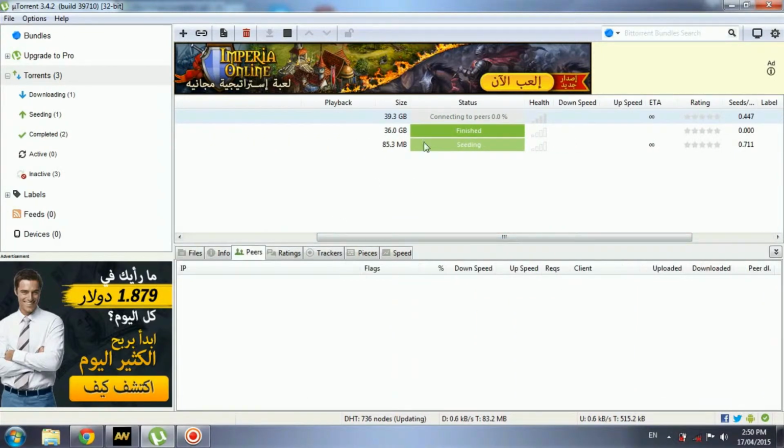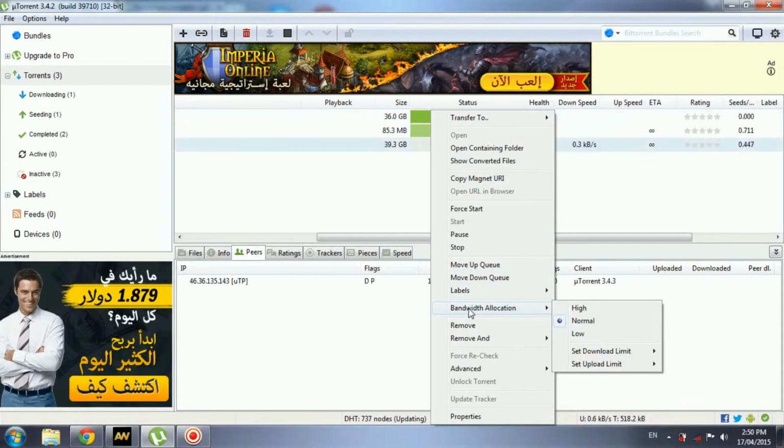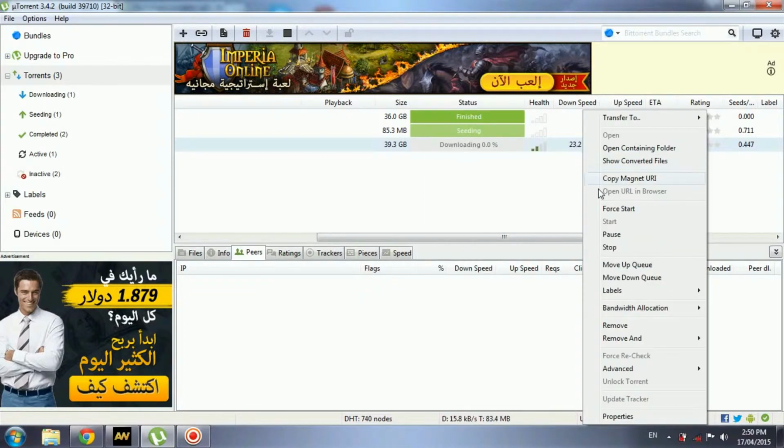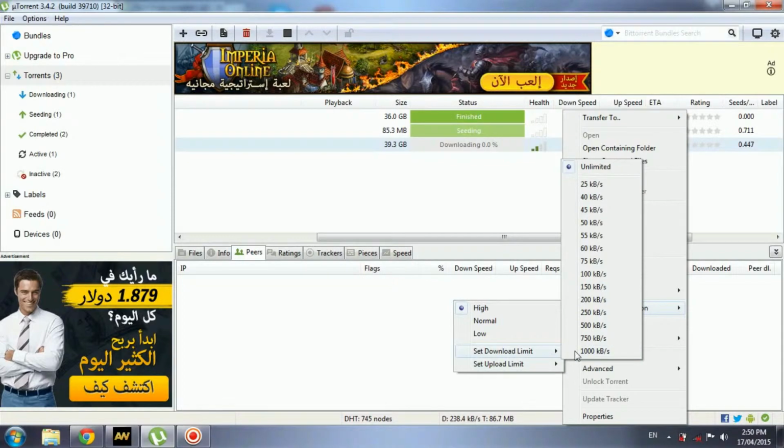Maybe your downloading speed will be very slow for the first 10 minutes, but if it is slow, just right click it, go over here and click high. Right click again, go in the same place, go in setup download, and make sure it is unlimited. Make sure it's unlimited, not required.